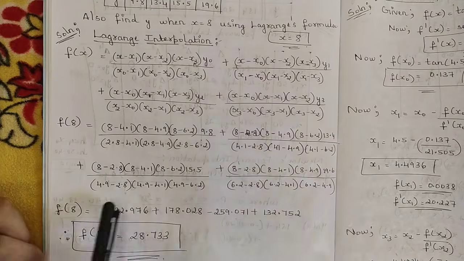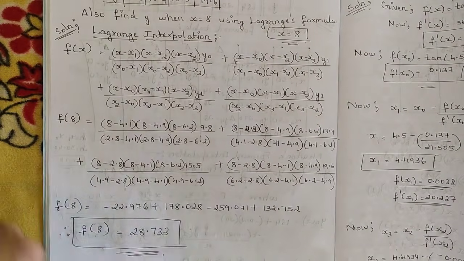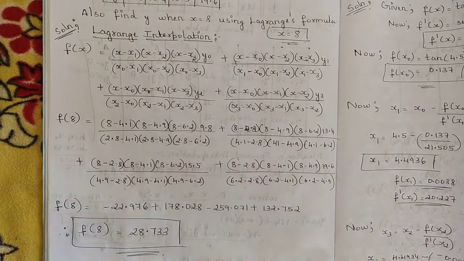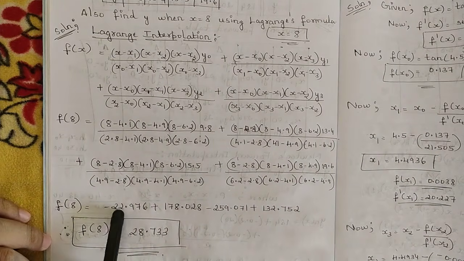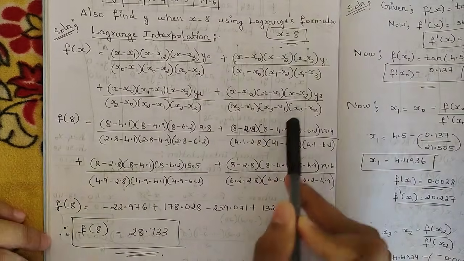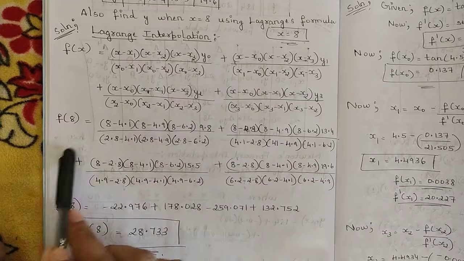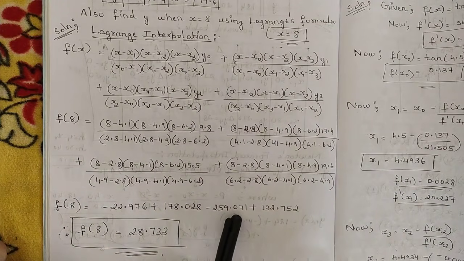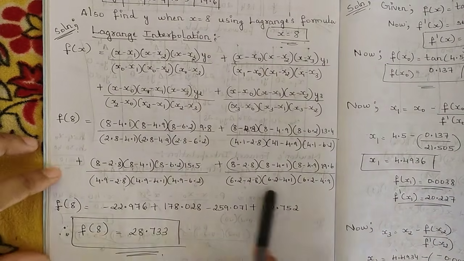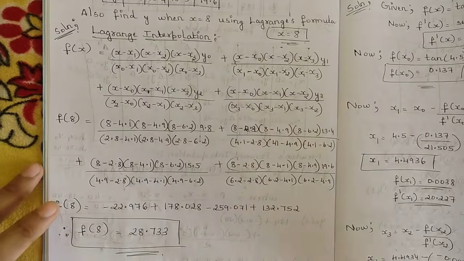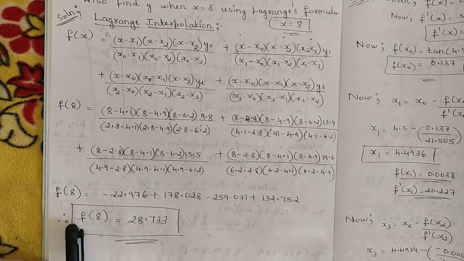Here I have not written the intermediate steps. This term, if you see, solve first, step by step. This whole term you put in the calculator together, and whatever answer you get, write it here. In this case I've got minus 22.976. For this whole term, I've got plus 178.028. Here I've got this answer as minus 259.071, plus this answer I've got as 132.752. Then add them up together, and this is the final answer we have got for f of 8, that is, they have told for x equal to 8, right? So f of 8 I've got as